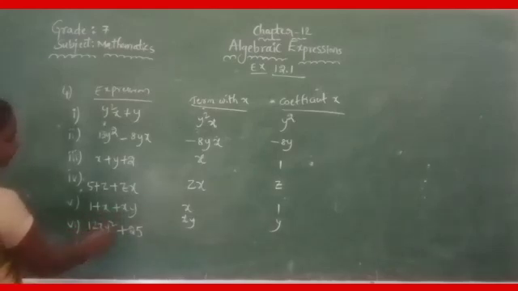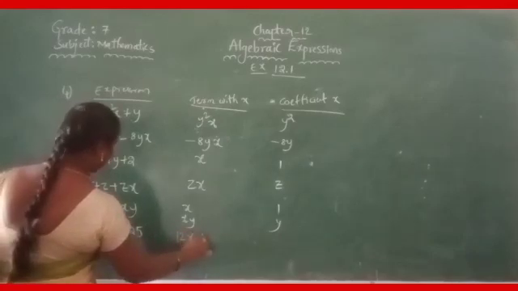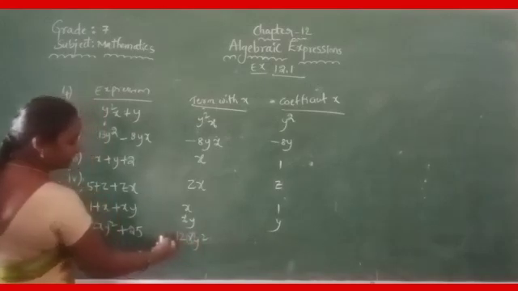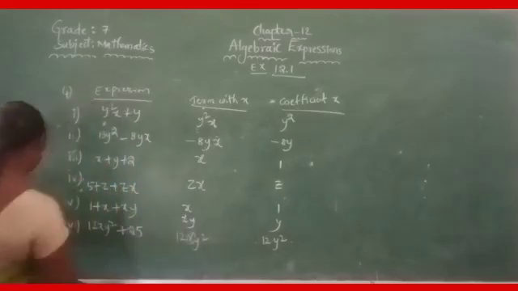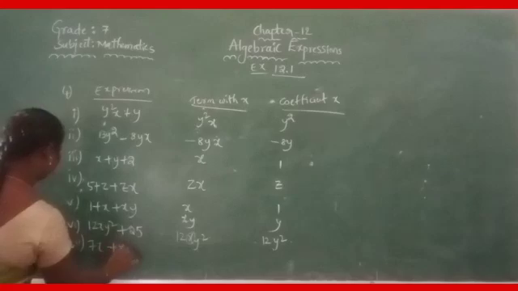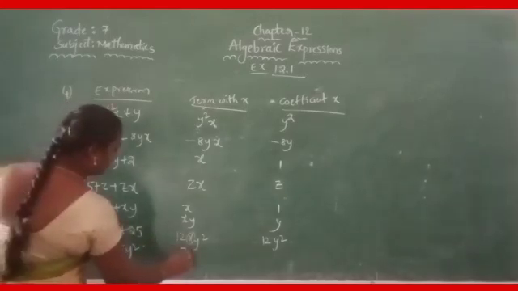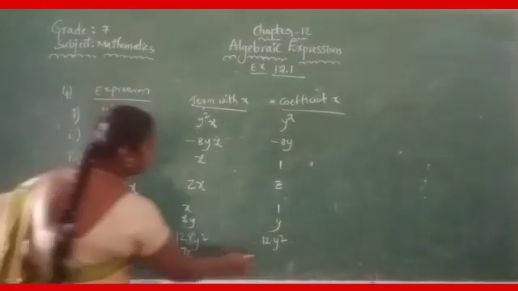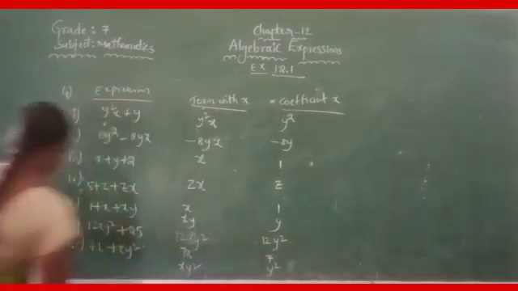Two terms. Among the two terms, one term has x, and the coefficient of x is what? So what are the remaining factors? 12y square. Very good. And finally, 7x plus xy square. How many terms have x? Two terms: 7x and xy square. What is the coefficient of x? 7. Coefficient of x here? Y square. Is it clear, children?